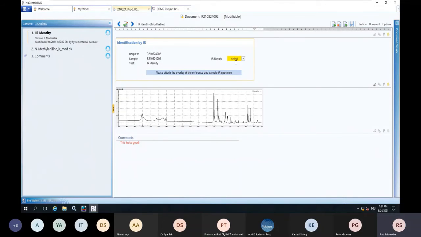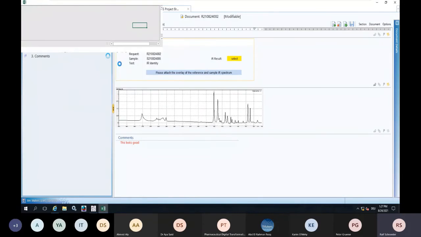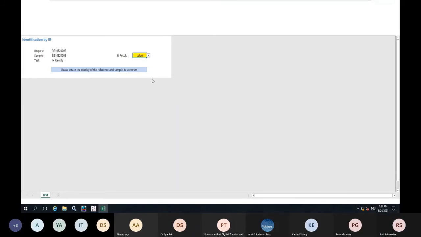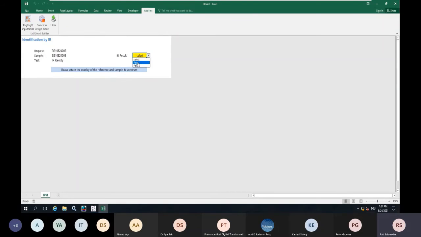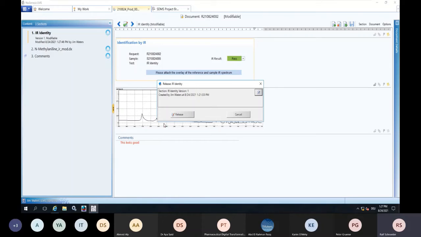and now the second building block here, which now holds our option to define a result, is this section, and this section with all its interactivity, as you can see, is built in Microsoft Excel. So here we have the option to choose from the validated or the optional results. And when you close it, this information is recorded in here,